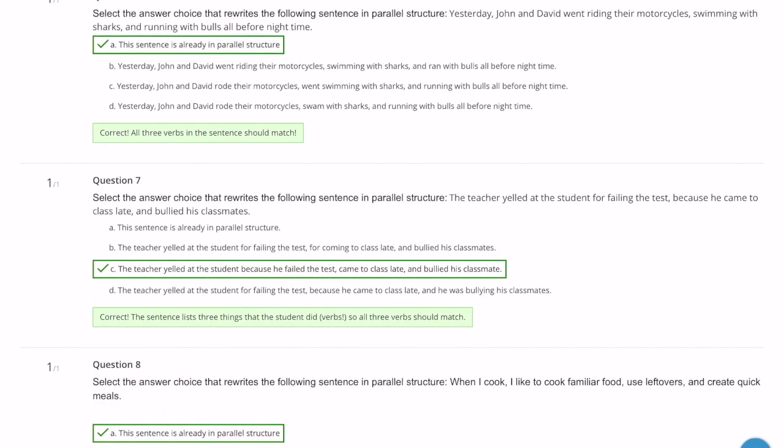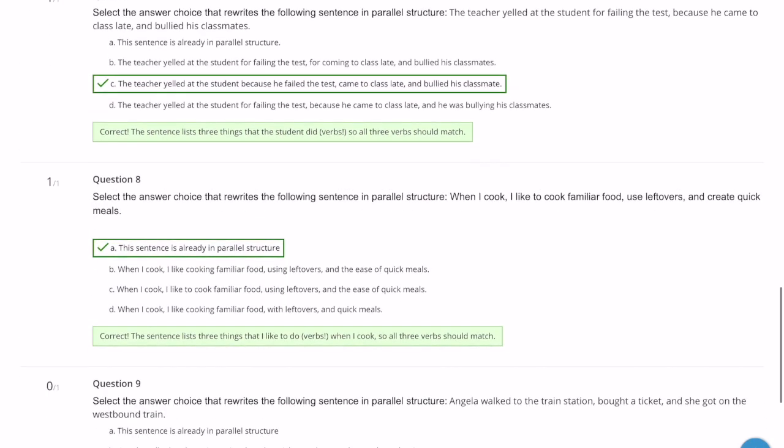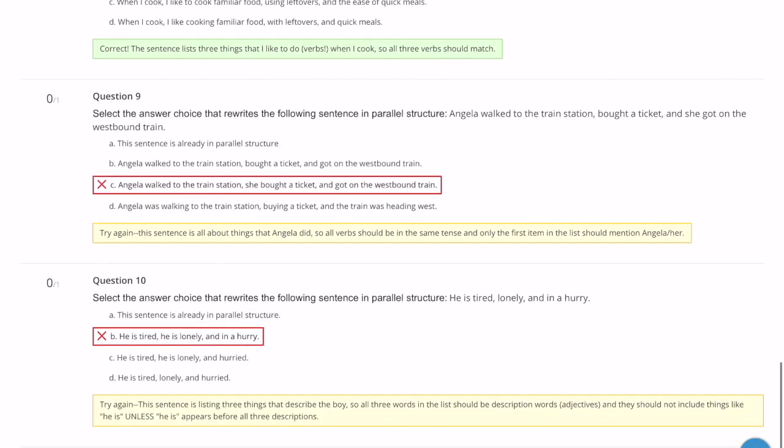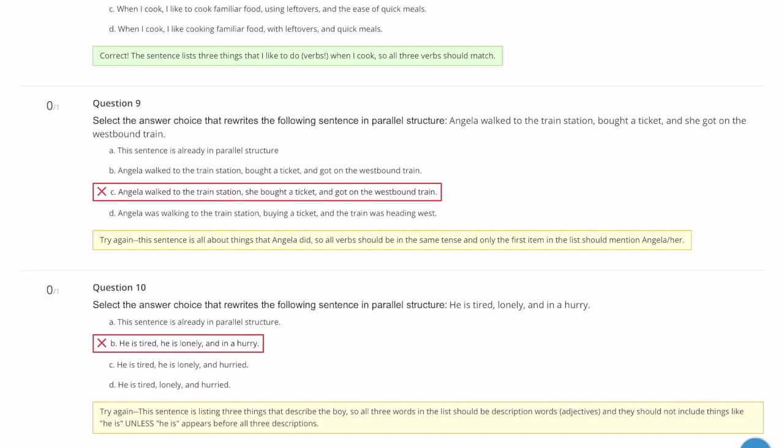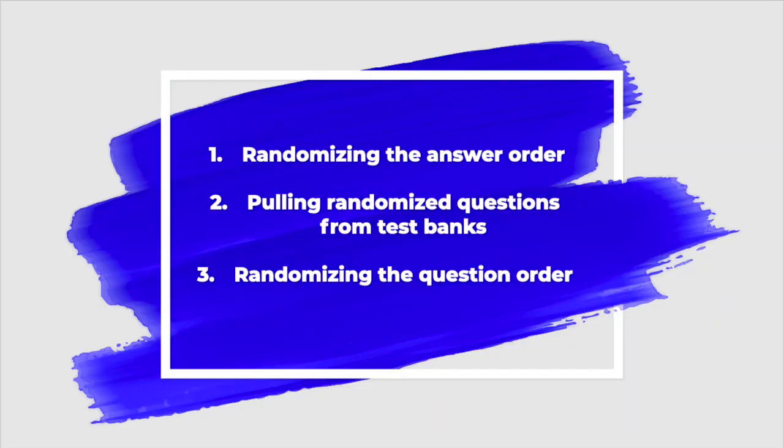Let's say a student finishes and they get a 100% and it shows all of their correct answers. They can easily take a picture of that and send it to their friends so that their friends can simply copy their work. There are 3 strategies that we can utilize in the test quiz feature to prevent it from